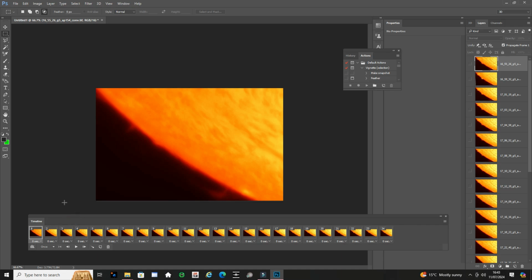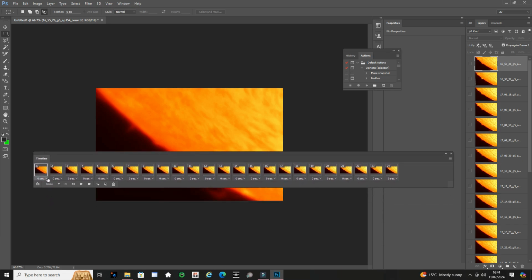we've got our timeline. Now you can adjust each segment separately. Every frame has a time delay. You can select each individual one and set the frame to 0.1 second. But a quicker way of doing it is if you set your time limit. You click on the first frame and then hold down the control key, click on the last frame. In fact,